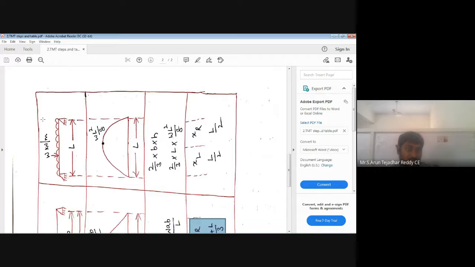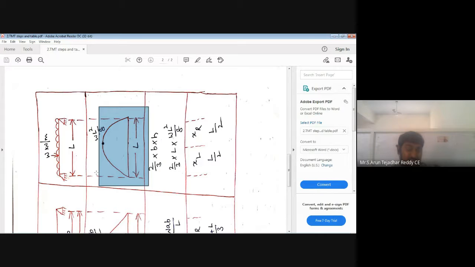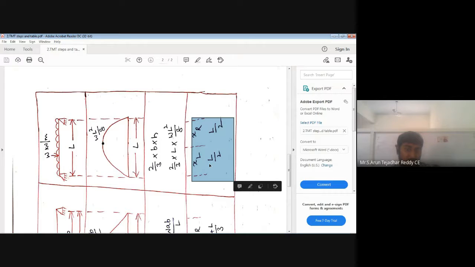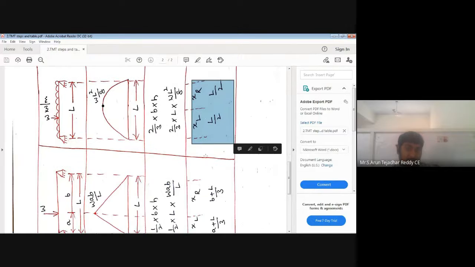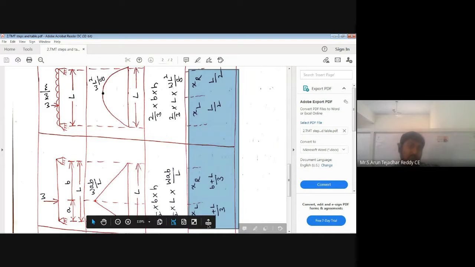Now coming to the uniformly distributed load, it is parabolic shape, and your maximum bending moment will be at the middle of this span. So this type of structure we can name as a symmetrical structure, where XL is L by 2 and XR is L by 2. So now we should follow these two diagrams of centroids, one unsymmetrical, the other symmetrical. Same formulas I'll write here.